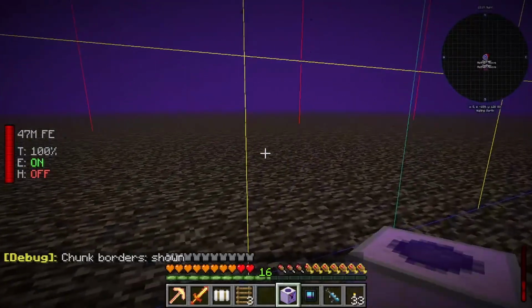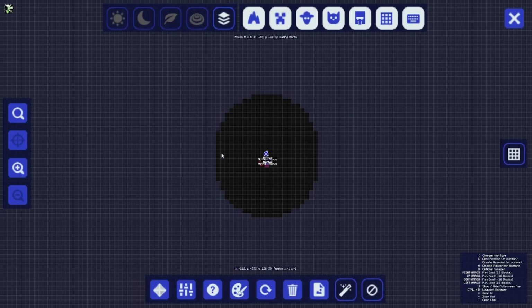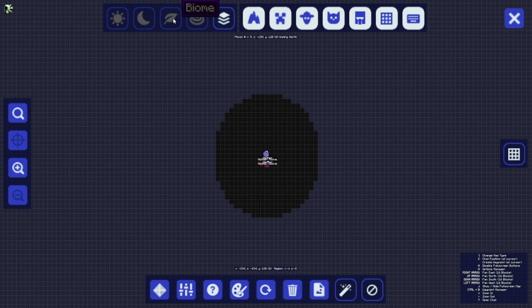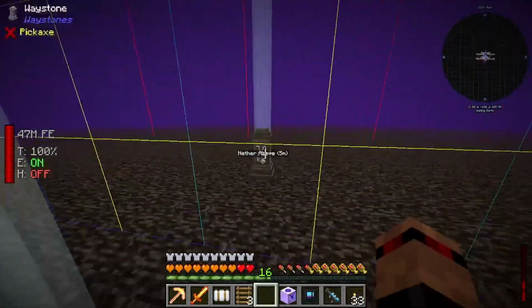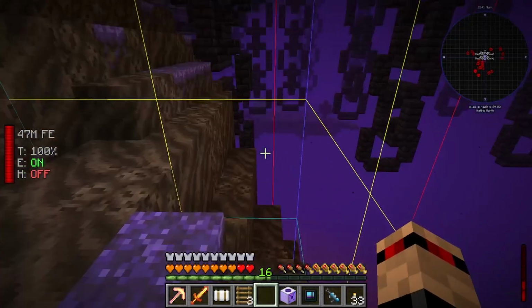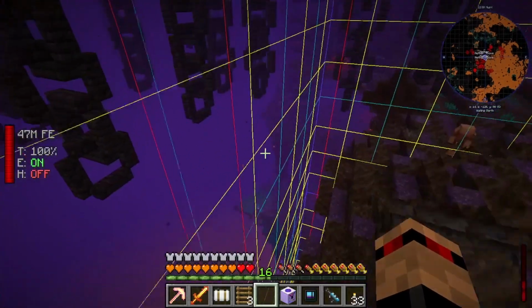We should probably try and find a... We can use not JEI, this is Journey Map to show. Why can you not select biome? Is it because I'm... Okay, let's try it if we go... Now we're underneath again. Oh, you still can't select biome in here. I was trying to do biome so I could see when we're in...